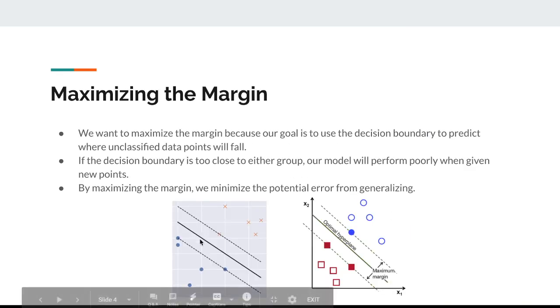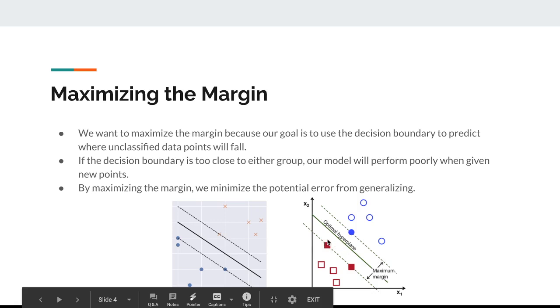By maximizing this margin over here, we minimize the potential error from generalizing. What I mean by this margin is, for example, this line right here is the optimal hyperplane, but the distance between these dashed lines can be thought of as the maximum margin. And these dashed lines are normally going to be lines that are on or connecting these different support